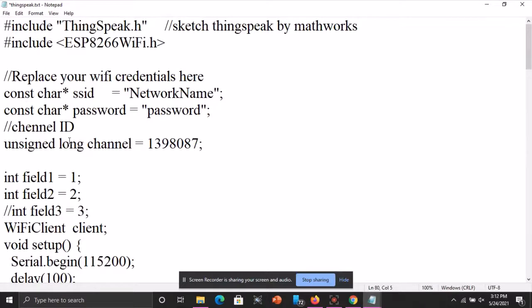So it will be somewhat like a bridge connection. From mobile, we are sending some data to the server, and from the server, the data is taken by the hardware. And through that data, we are providing some values to the peripherals.